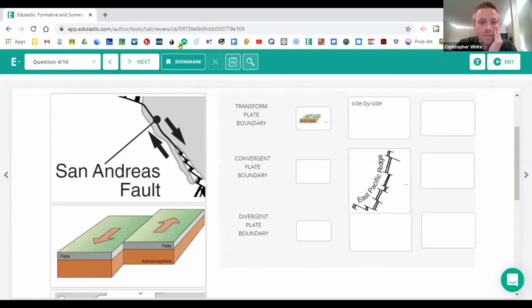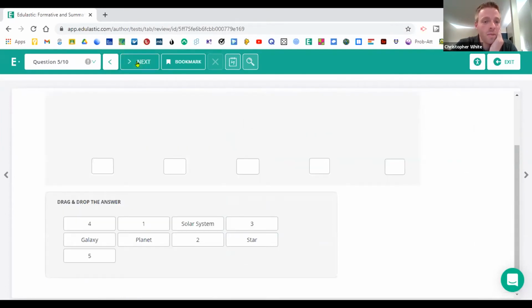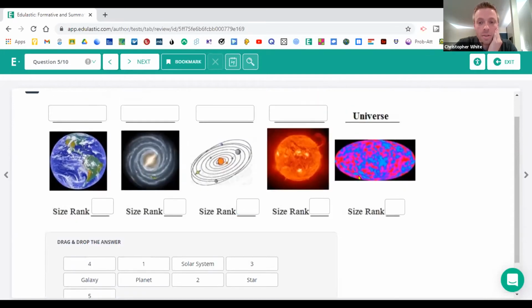So that's a way to assess students in the class. As I go through, there's just some different ways that I use it. Ranking parts of the universe by size, for example, where students can rank and then label at the same time. It's just another way you can assess in a deeper way than just a multiple choice question.